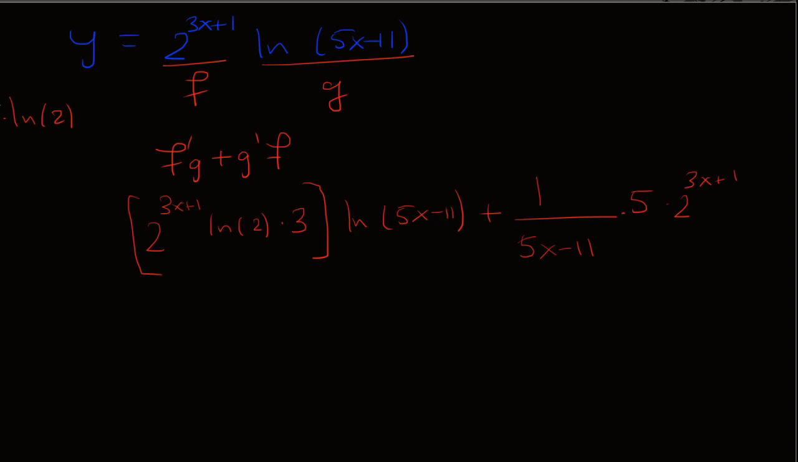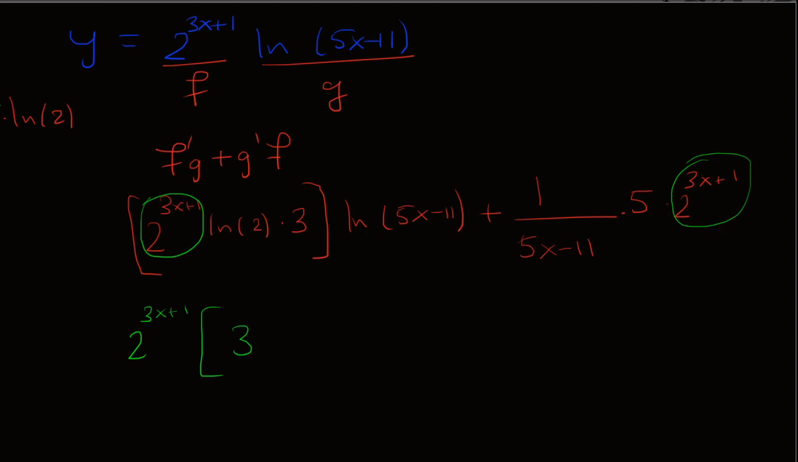Next, we look at what we can factor. So from both terms, we see a 2 to 3x plus 1, and we're just going to factor that out. So we'll have 3 times natural log 2 times natural log 5x minus 11. But